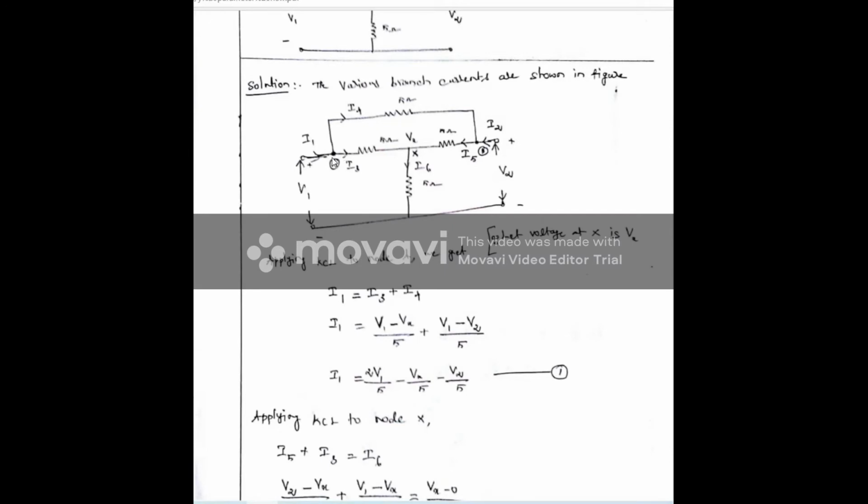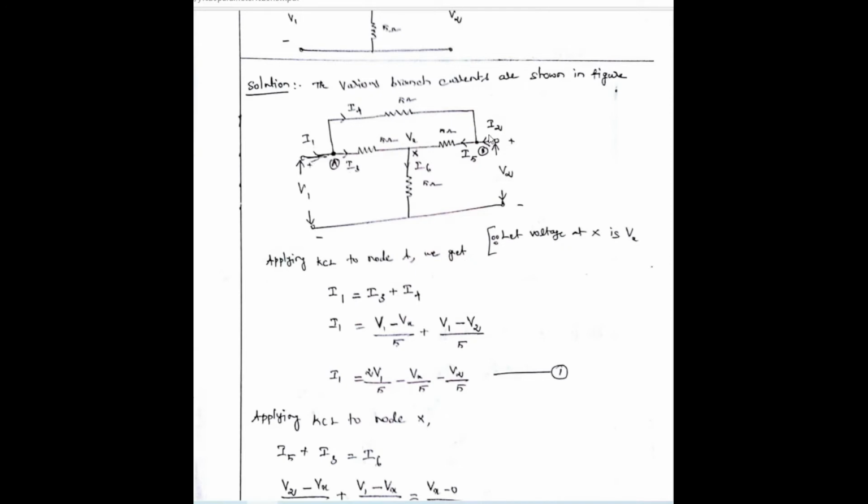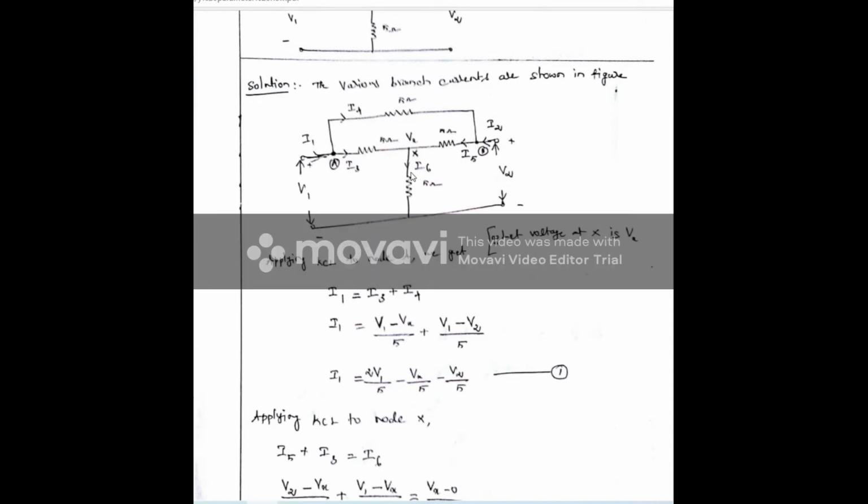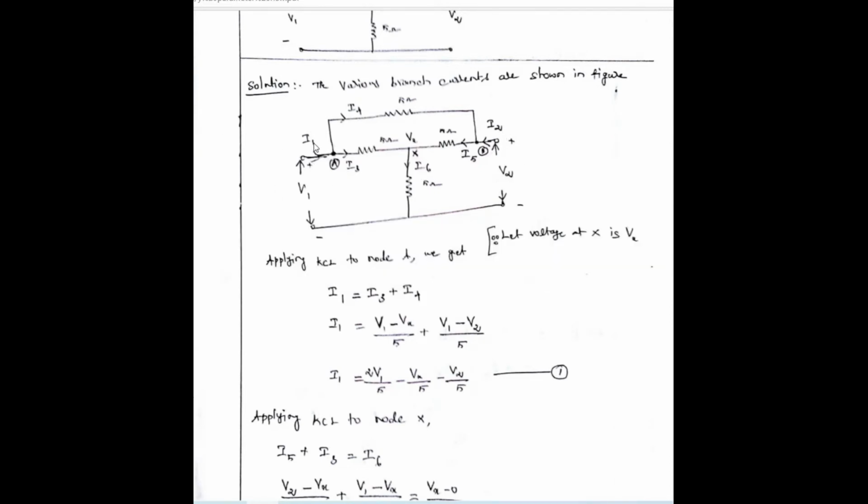For this node, I1 is an incoming current. At node A, again we have 2 branches. You mark this current as I3, because I2 is here. The current flowing through this branch is I4, the current through this branch is I5, and the current through this branch is I6. You can take your own direction, but I1 and I2 must be in this direction. I1 is entering this node and I2 is also entering. The remaining current directions you can take as your own.